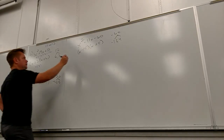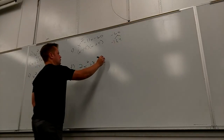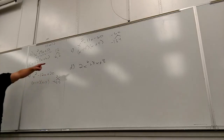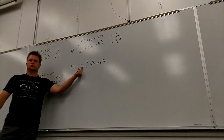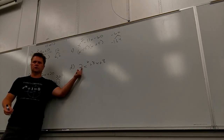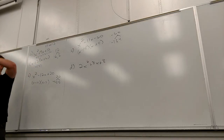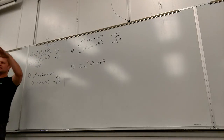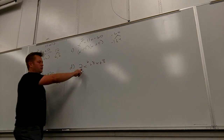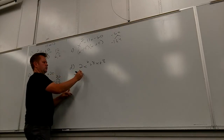And now what about part D? Did you pull out a 2? Yeah, what do you always try first? You always try GCF, and I was sort of not even doing it because it was obvious nothing comes out of everything. But we haven't talked about what to do if this first number is not a 1. It's actually going to change things a bit. If that first number is not a 1, it influences the middle term because they're going to FOIL it, right? So I've got to take that into account. We're going to learn that next. But right now, we have no idea, but thankfully that 2 just gets out of the way. So I'm left with